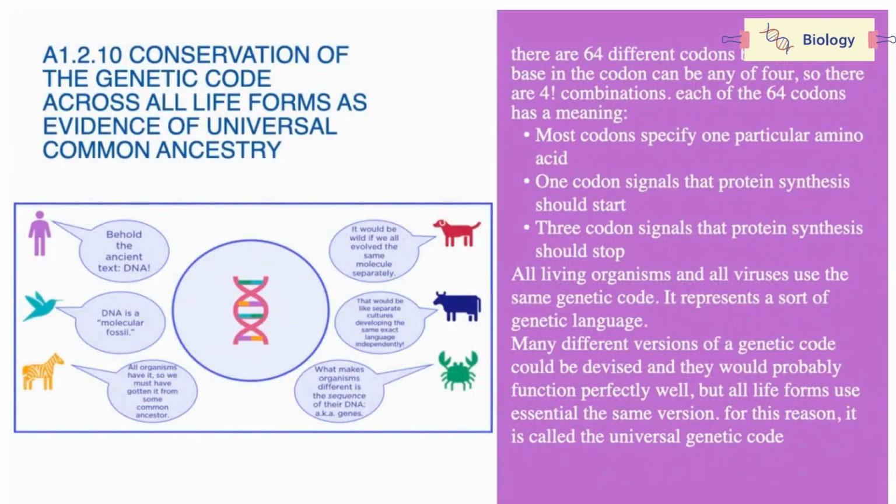There are 64 codons because each base in the codon can be any of 4: adenine, thymine, cytosine, guanine. That gives 64 combinations, and each of the 64 codons has a meaning. Most codons specify one particular amino acid, and 1 codon signals that protein synthesis should start. 3 codons signal the